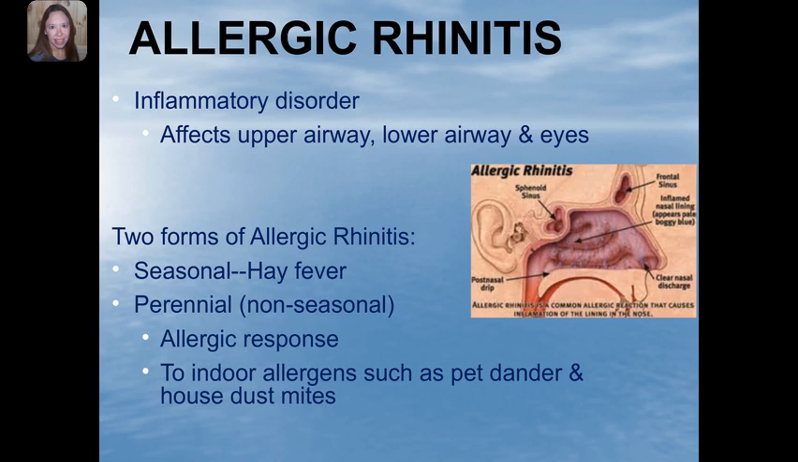We also have people that have perennial or non-seasonal allergic responses. And what would cause this? Well, it's usually indoor allergens. Examples could be pet dander, it could be house dust mites. There's new research saying that as far as being allergic to pets, it may actually be the saliva that people are allergic to. And we do see, if there's a lot of pet hair, then the people tend to have